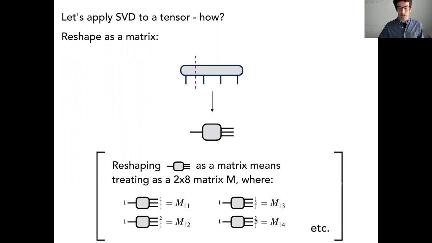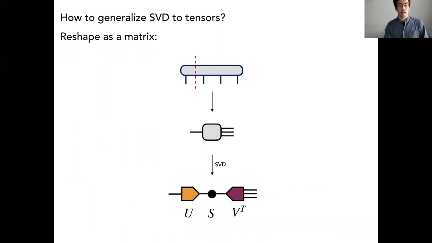And it's not so important what that ordering is. All that'll do is change the V that I get. And so I just tick through all these different settings of this collection of column indices. And that is how I can think of it as a matrix M. It's basically just like the reshape command in NumPy. That's really all I'm talking about. And then I throw that into the SVD and I get a U, an S, and a V. So I can do that. But that was not a very tensor thing to do. I just forced it into being a matrix, right?